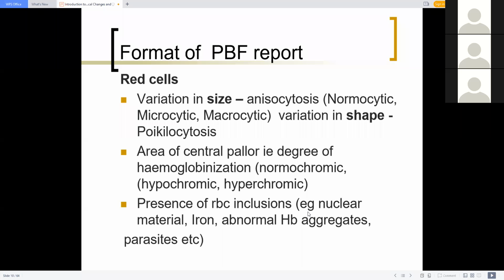So variation in shape is called poikilocytosis. And there are many variations in shape. I'm going to show you some of the photographs of the various variations in shapes. And one might say, why are we describing all those? And I'm saying that we describe this because we know certain disease conditions give certain changes in the red cells. And these changes,